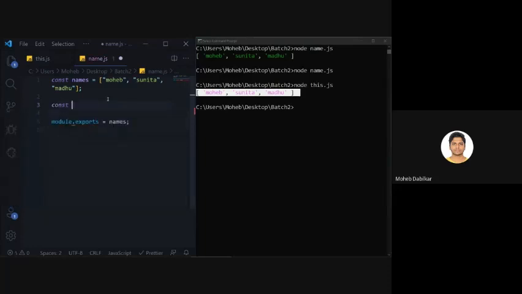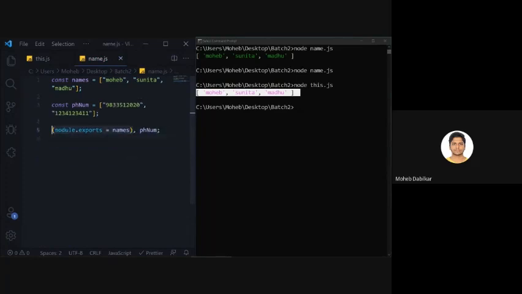So we will say const phoneNumber. Inside this, let's put in my number, because I got this number in 2020, so it ends with 2020. Then let's put some other random numbers inside, and now you want to export this. While doing that you need to export multiple things. So now if I put a comma over here, it will show an error.